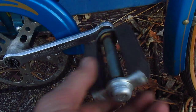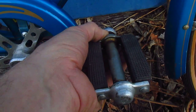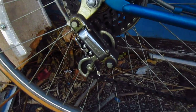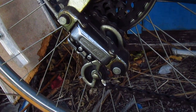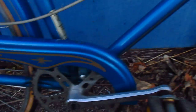Block pedals, can't go wrong there. And these, I mean, they're a little loose, but they're not that bad. They're not all dried out. And in the back, just a real reliable steel derailleur. The derailleur cables are kind of rusty. Well, there, it's just one cable. It's kind of rusty, but...